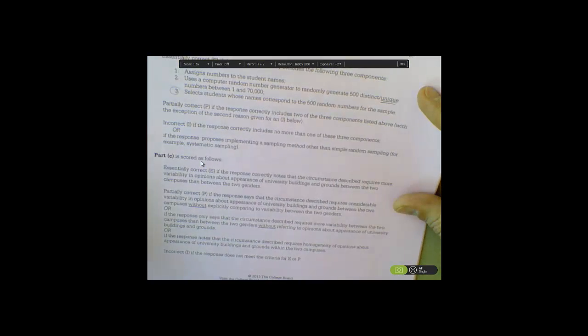Okay, part C. Scoring part C is going to look like this. It's essentially correct if the response correctly notes the circumstance described requires more variability in opinions about appearance between the campuses than between the genders. So this is a tricky question. It asked you